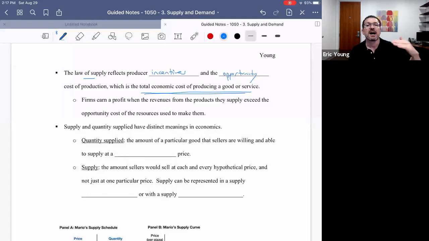As the price goes higher and higher, production that at one point would not have been profitable, because the money coming in wasn't going to cover the outlay of expenses, right? As the prices go up, up, up, production that at one point was not profitable now can be profitable. So another reason why as prices go up, quantity supplied goes up.